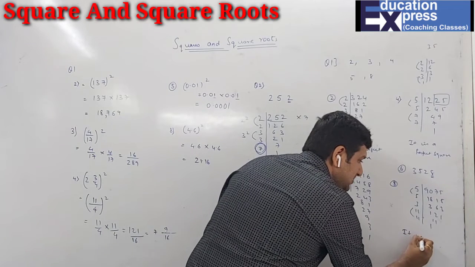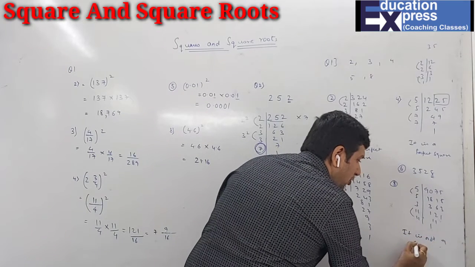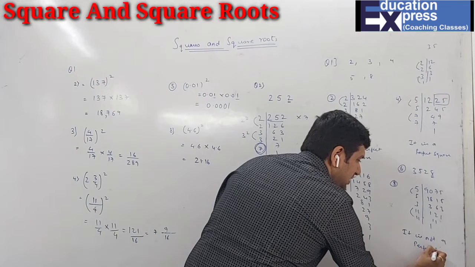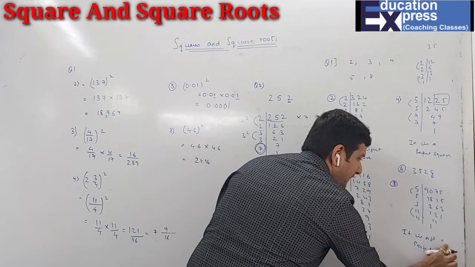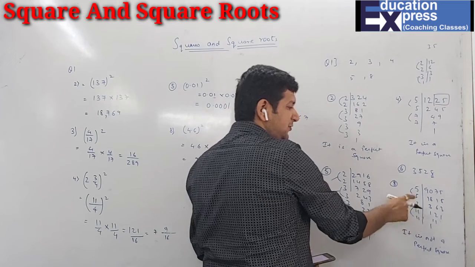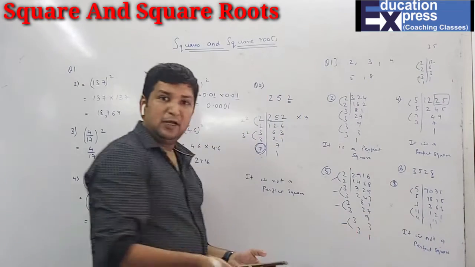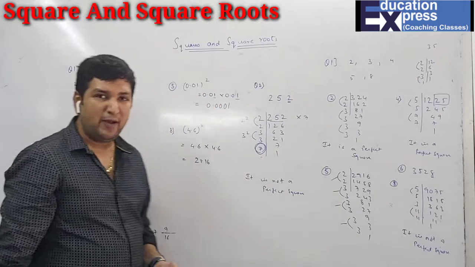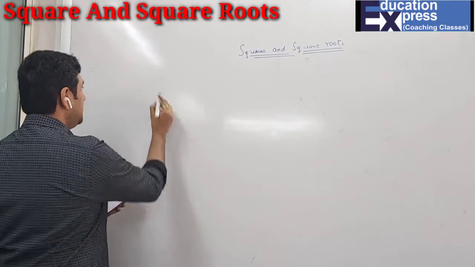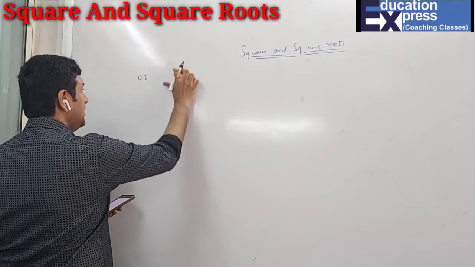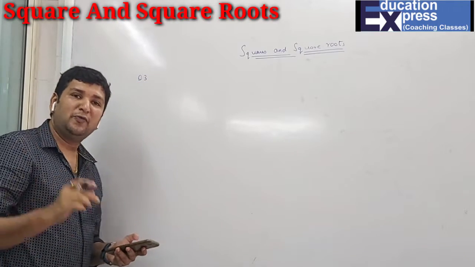In case I want to make it a perfect square, students have to do, obviously, if I want to multiply, then I multiply by 3, and if I want to divide, I divide by 3. In both cases I can get the perfect square. Now question number 3 is exactly the same, just one step ahead. We also have to find the perfect square.